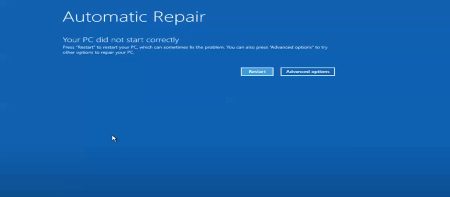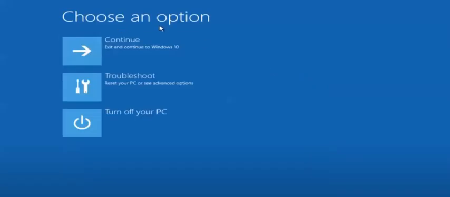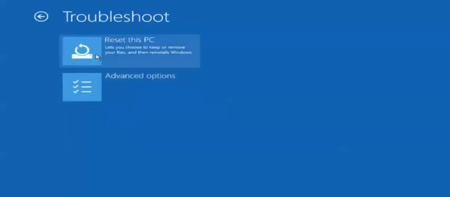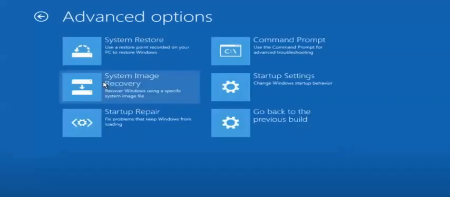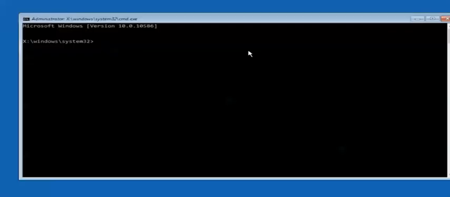it's a hard restart. After that you will see such an option, and here you need to go to Advanced options. Here we need to go to Troubleshoot and select Advanced options. After that we need to go to Command Prompt. Click on Command Prompt and you will see a menu like this. So here we need to enter a few commands in order to